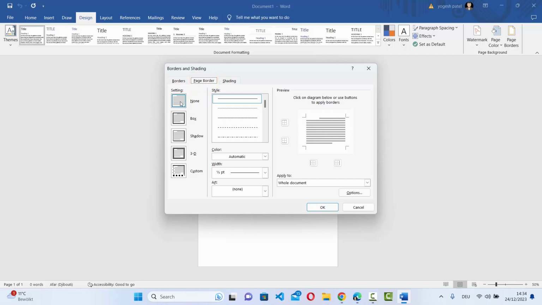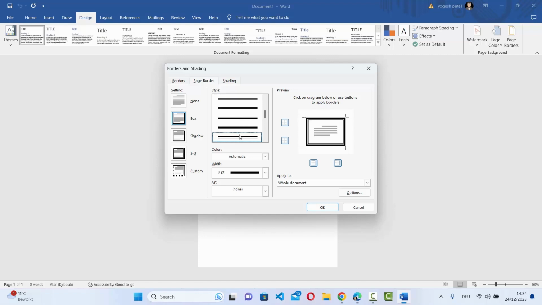So here you have settings: none, box, shadow, 3D, and custom. When we select none here, we have the option of styles, so we can choose between several different styles here, like these dashes, or you have these multiple line options, and you can select from all these options, right? So let's say I'm going to select a very simple option here, and then you can also select the color